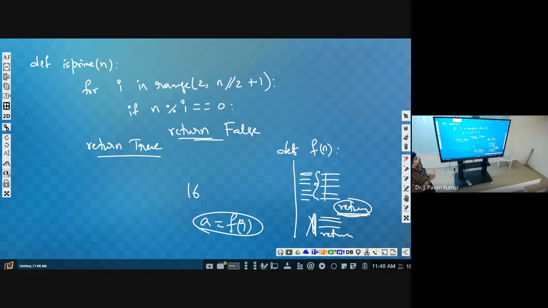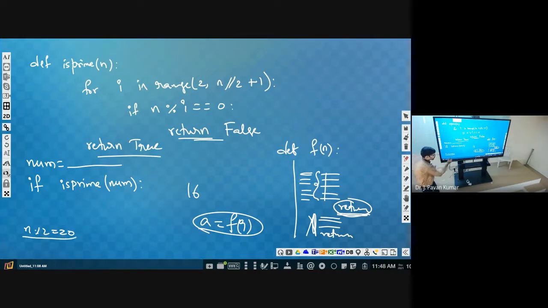Understand? So how can we write this? Input is number. After taking the input, we will call the function to check whether it is prime or not. Here we will write: if is prime of number. What does it mean? In general, we write if A less than B, if B less than C, if A greater than B, or if n mod 2 equal to 0, and we check one condition.